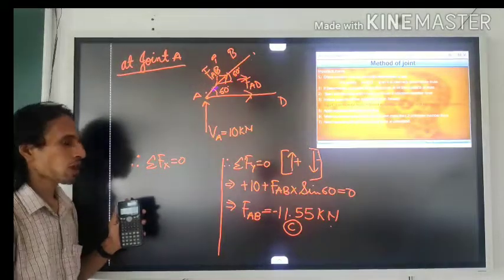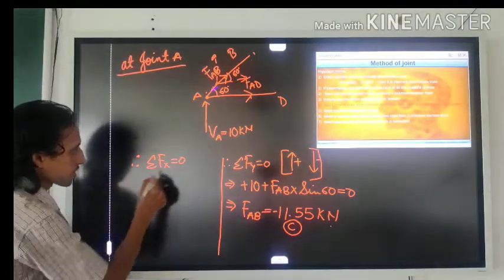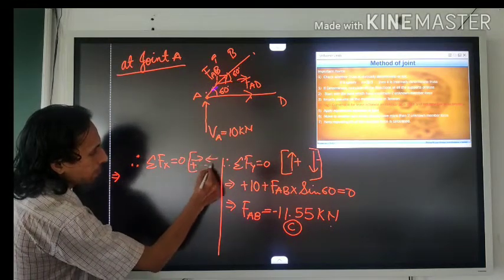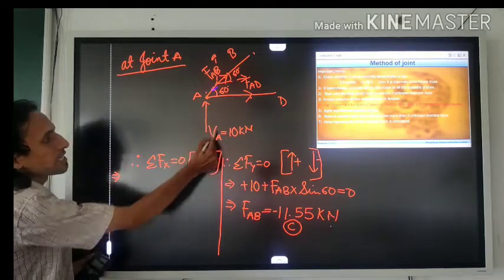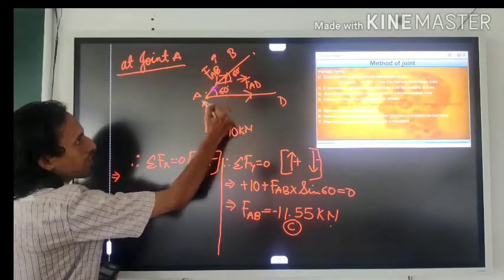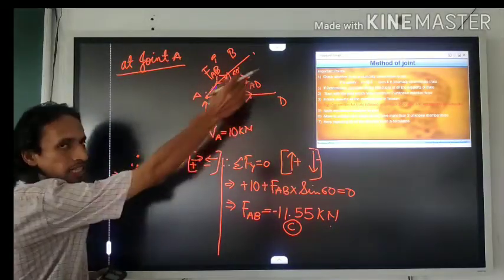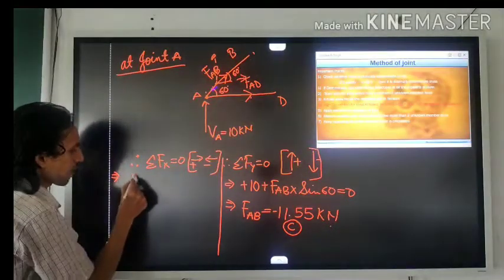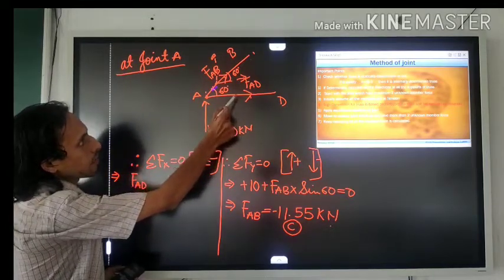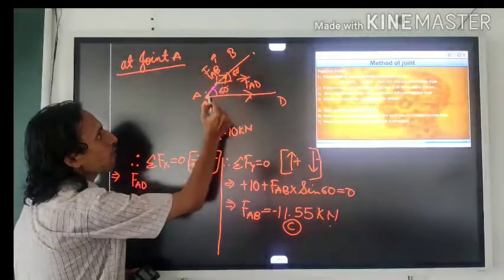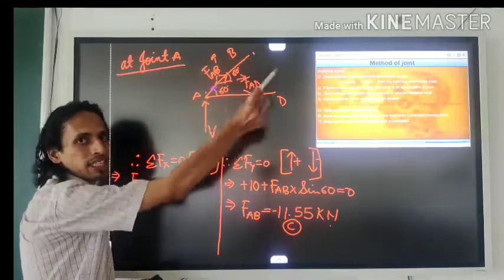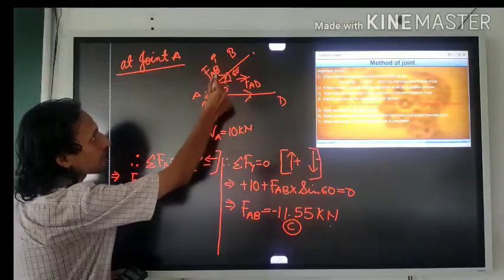Then we will try to solve for the other equation. So let's write it. Again, the sign conventions are the same. VA is in the vertical direction, so we cannot write it for this equation. We can write for AD, force in this direction, positive x. So FAD. Then what is another force in x direction? That is the component of AB in x direction. It is going in the positive x direction. So we can write.